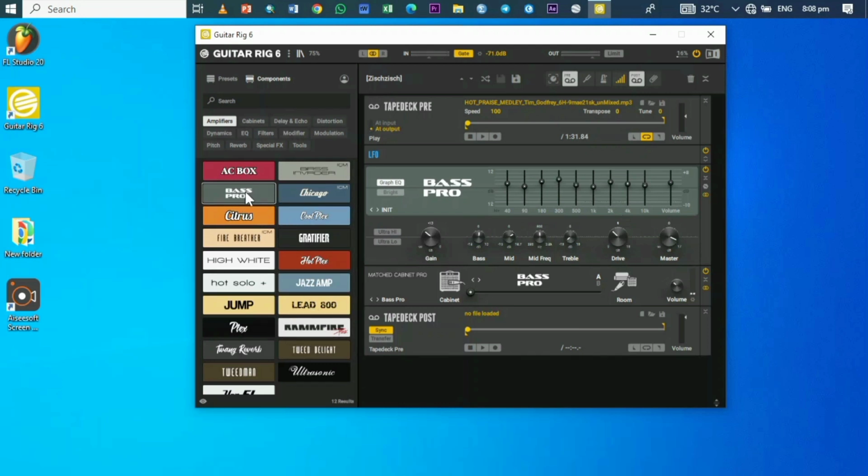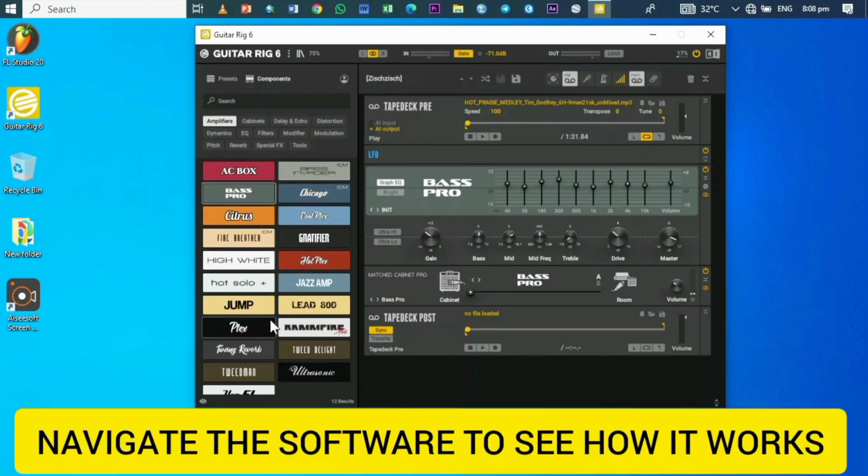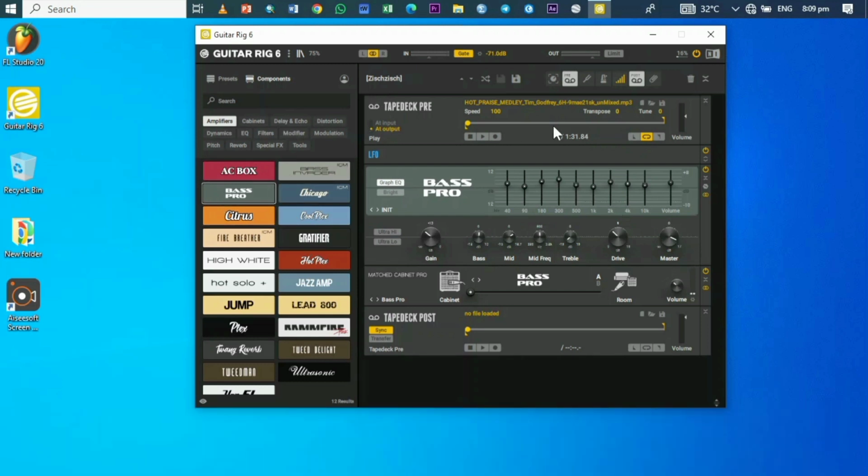Okay, so you select the one that suits you as a bass player or a guitarist. If you are a lead guitarist, you can select the Lead 800 or Chicago, or you just navigate which one suits you. Okay, then you select. So after you select that, you come to